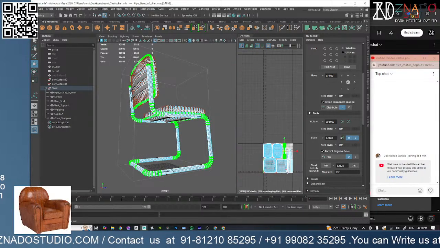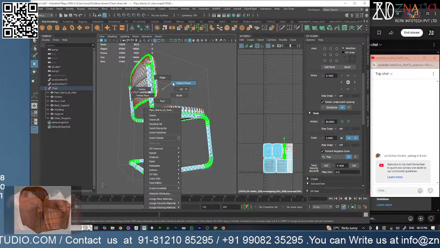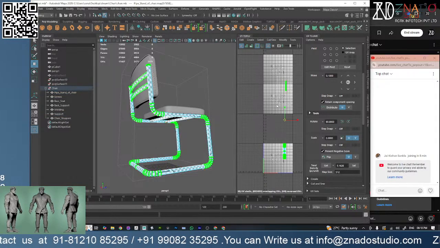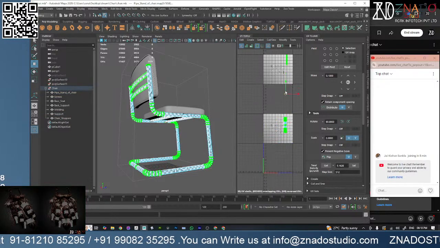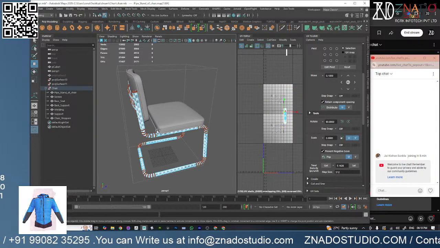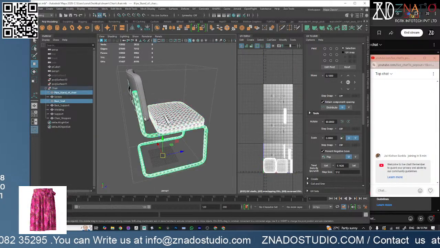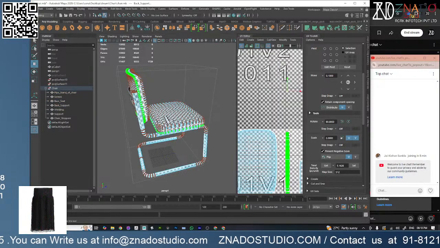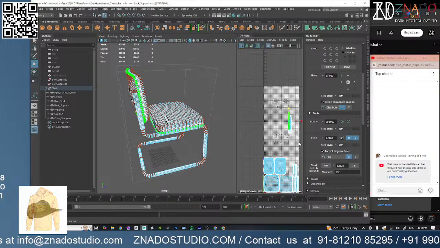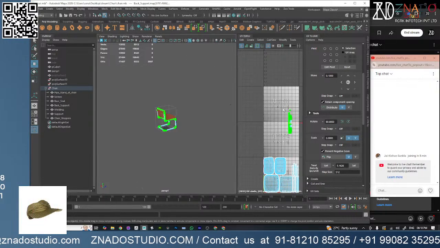So now everything is inside. Oh, so we need to do this as well. This, this, this also should be here somewhere. Select,